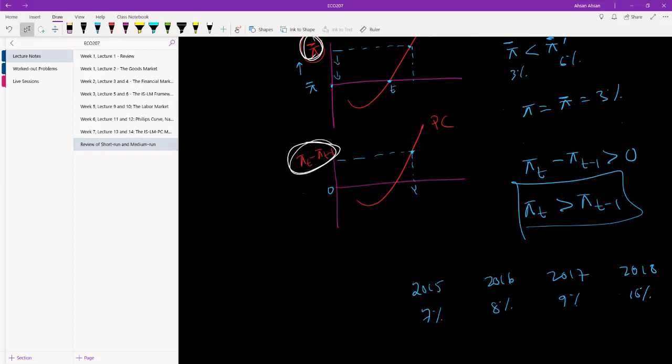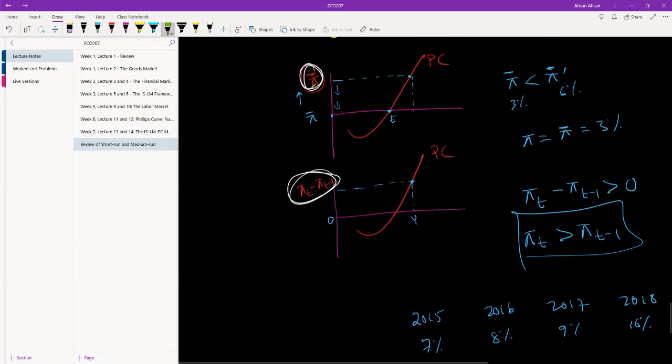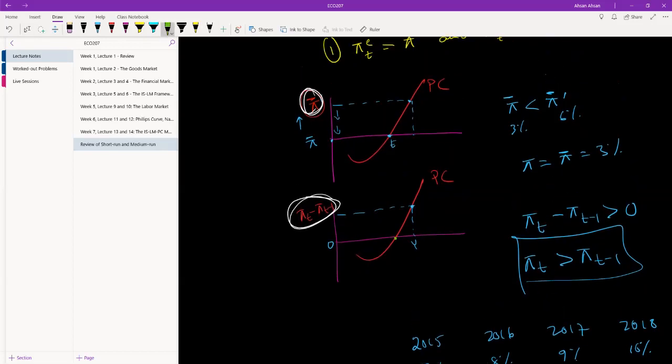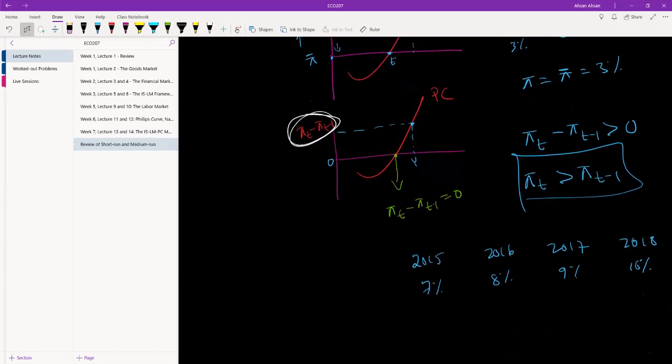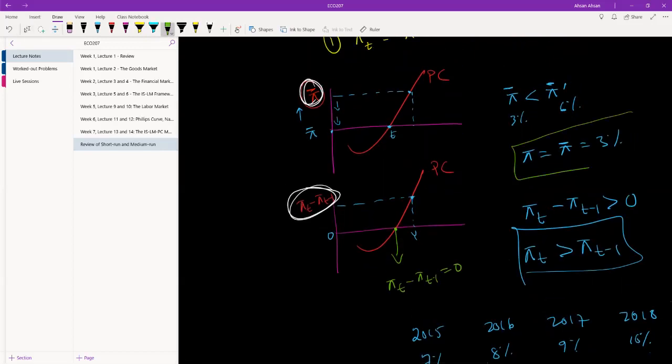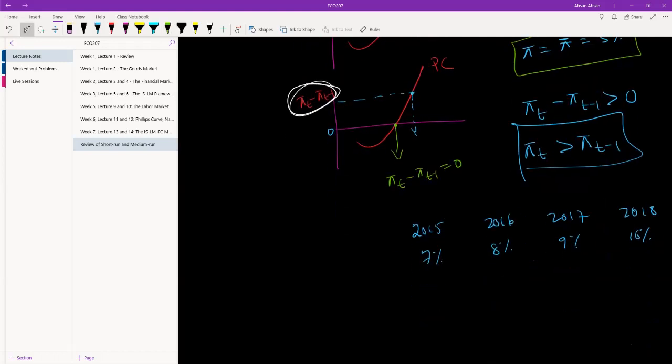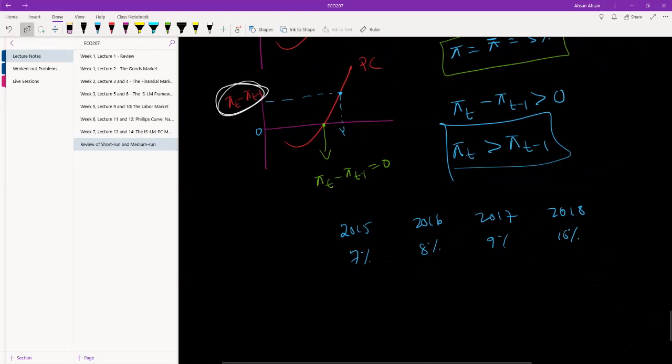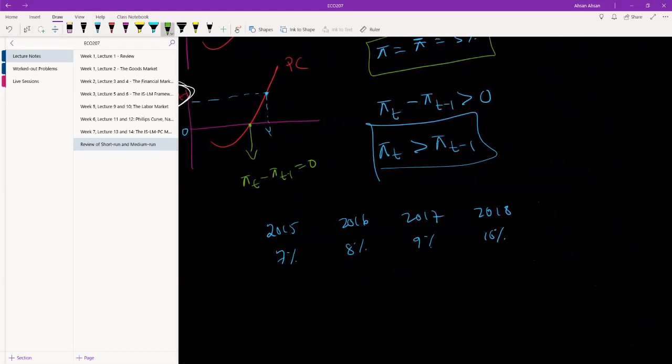Now suppose the government once again implements monetary or fiscal policy and they're successful, and we are back to this point. Okay, at this point, change is 0, which means inflation this year is equal to inflation last year. So we have stabilized the change in inflation, but the job is not done. In this case, the job was done. Over here, the job is not done because we've only stabilized the change in inflation,